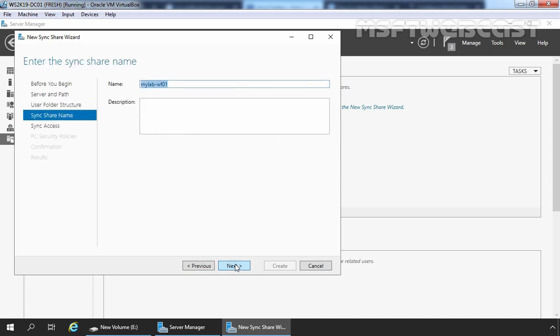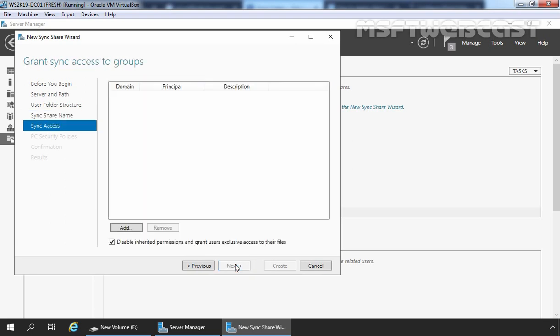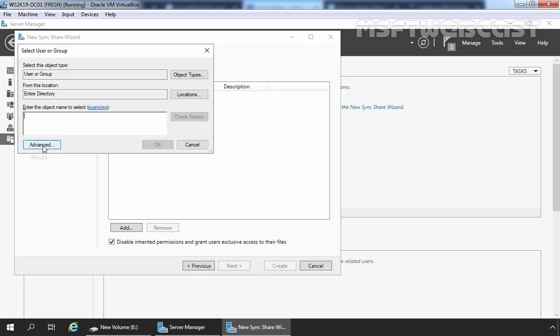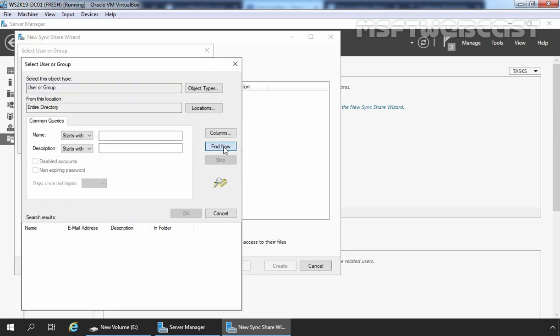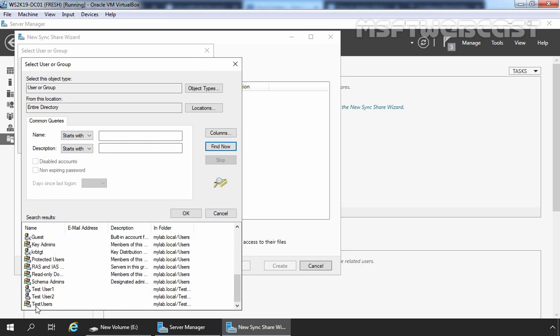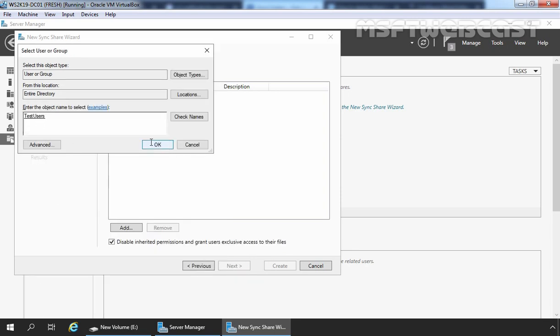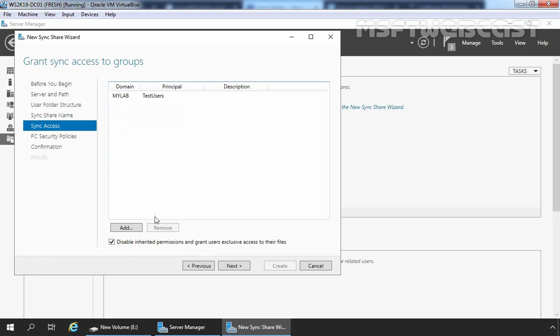Click Next. Here you can specify the name of your sync share as well as a description. Under Grant sync access to groups, I'm going to click on the Add button, click on Advanced, click on Find Now, and here I'm going to select the group Test Users as well. Click OK.